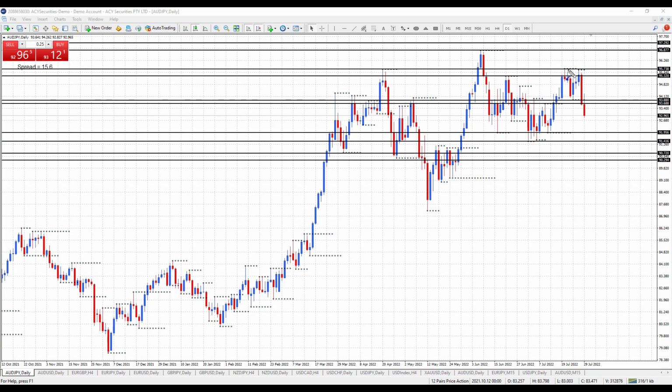Now last week, price action failed at 95.73 weekly resistance up here and formed a double top. So I'm anticipating a further decline this week. And we've moved below this level of support here at 93.88 and 93.68. These are day levels of support that we've moved below. So what I'm anticipating is that yes, we'll move down, but we may well see a rally back into this now resistance area